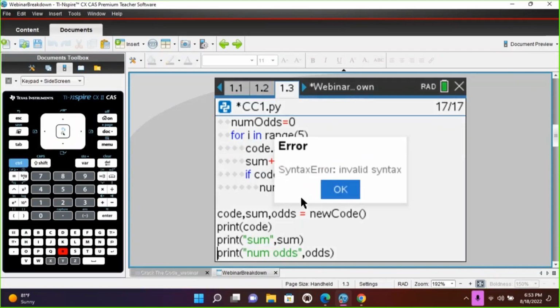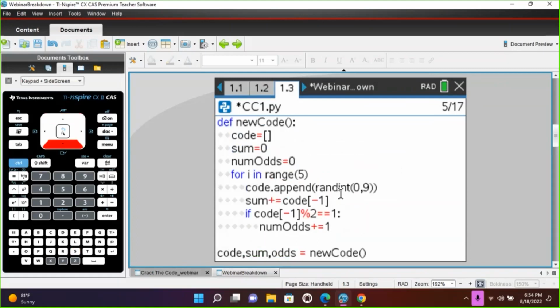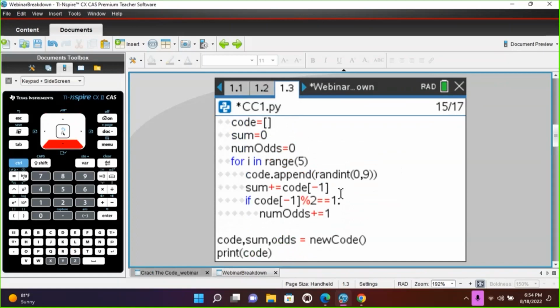When I run it, it tells me I have an invalid syntax. Oh, well, that was not the mistake I was meaning. I should have an S, so I have multiple S's there. All right, I still have an error. What am I missing on my function? If I look at the way we're going to use our function down below, what am I missing? Anybody know? I'll return. Yep, I need to return